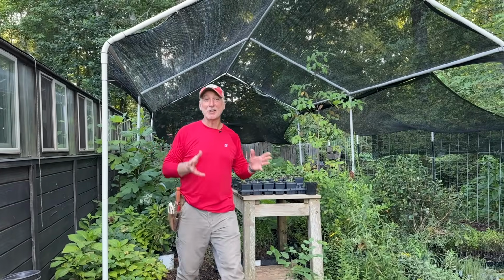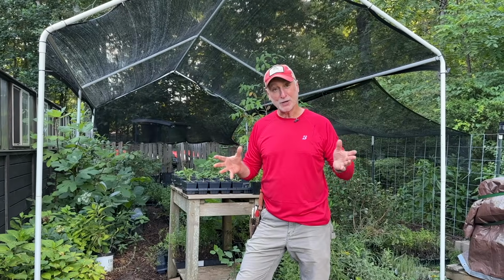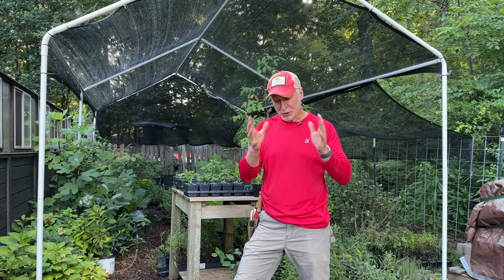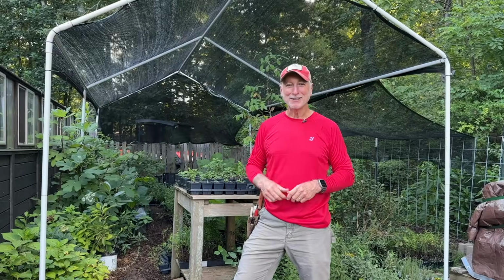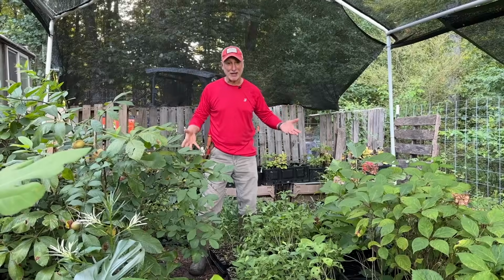Well, this is my shade house and nursery, and I'm about to triple the growing space over the next 3 weeks or so, and I'm going to document the entire process and bring you along for every step of the way. So let's go. As I think you can see, it is completely packed out here in my nursery area,